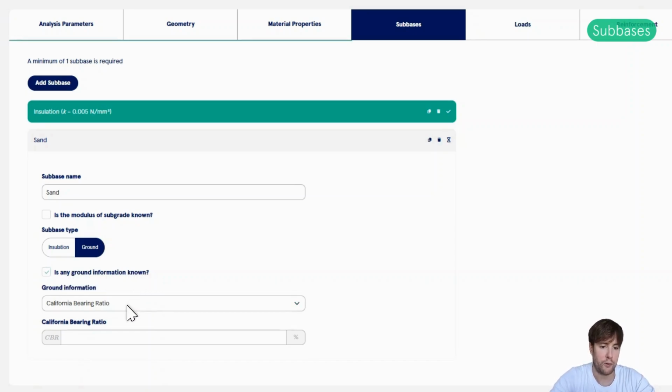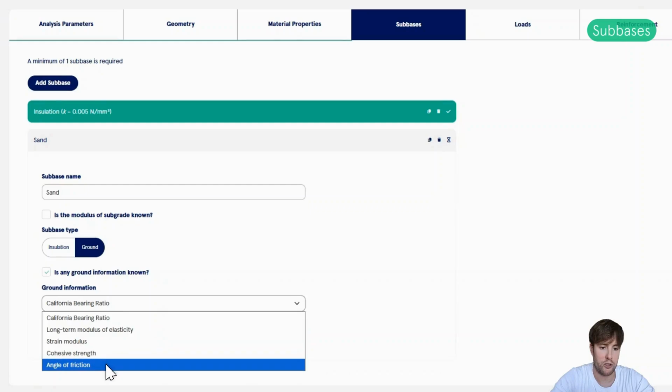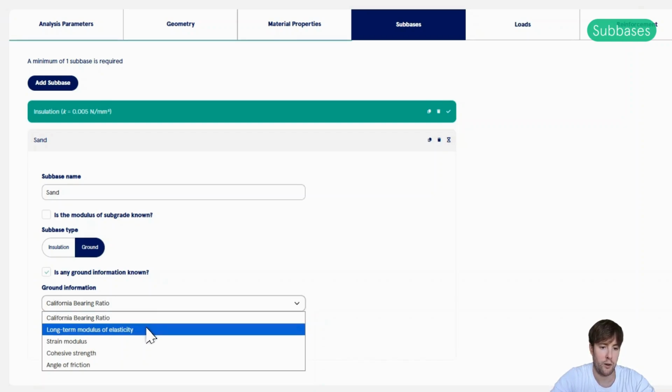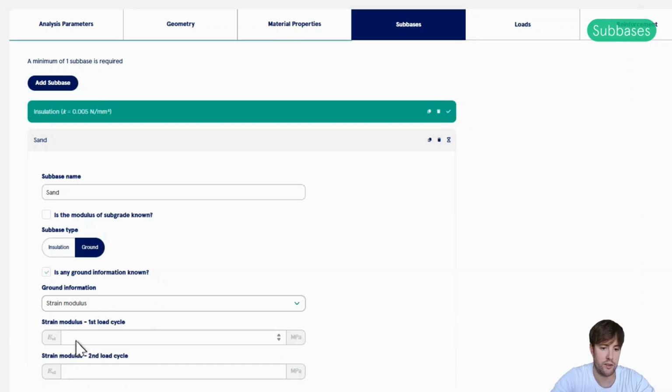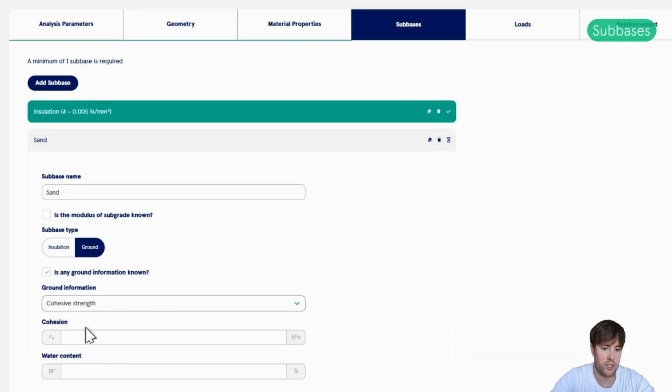If you know any ground information, you need to choose, well, what type of ground information do you know? And there's different options. There's this California bearing ratio, CBR value. There's the long-term modulus of elasticity, strain modulus, as these EV1 and EV2 values, cohesive strength, the CV value, angle of friction, the phi value, and so on.